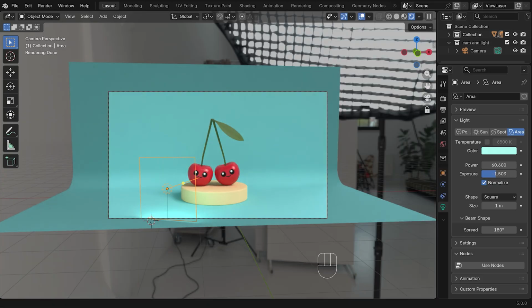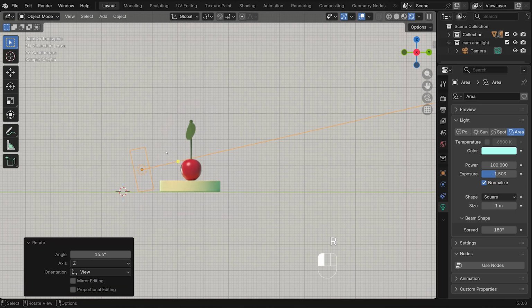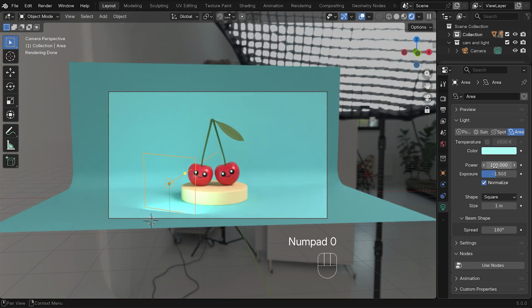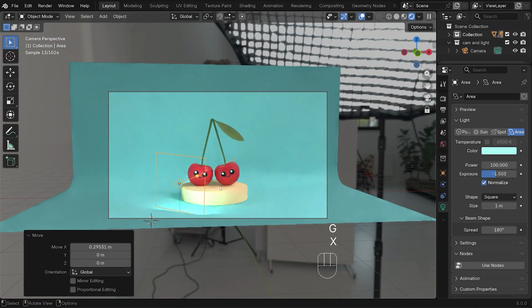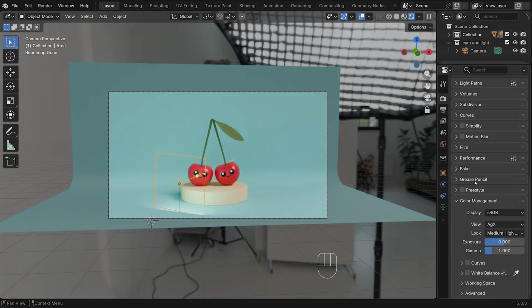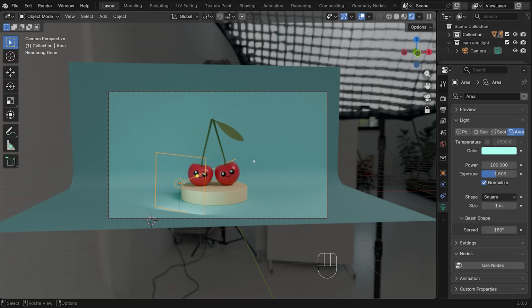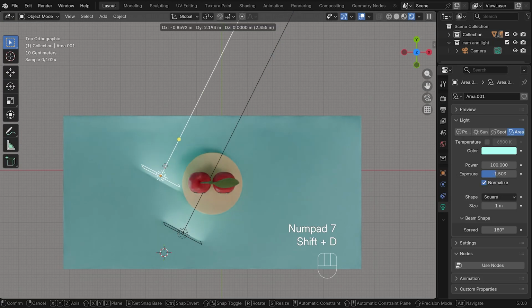I think I might just change the power a little bit more to around 100 maybe. That looks good. And just press G and Y to bring it closer and just rotate it like that. Let's have a look now. Maybe G and X. And I might just go back to my color management and set it to AGX punchy. That's much better. And now let's go to top view, press Shift D to duplicate this light, put it here,